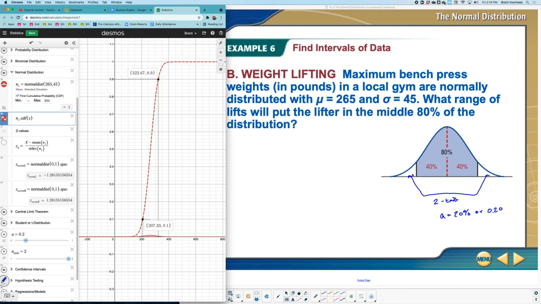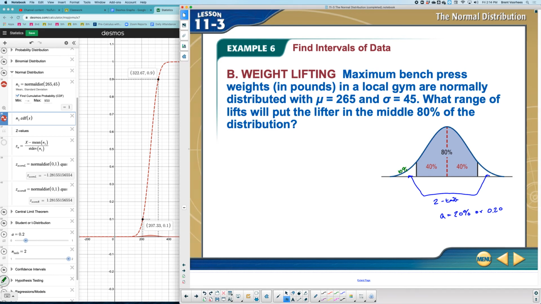So if this is 10%, this is 10%, by the way, just to make sure we're clear on how we get to 100. This is 10% here in the data, 10%, and this is another 10%. 40 and 40, all that adds up to 80. 80 plus 20 is 100. Okay, so how much weight would this person need to lift? Anywhere in between